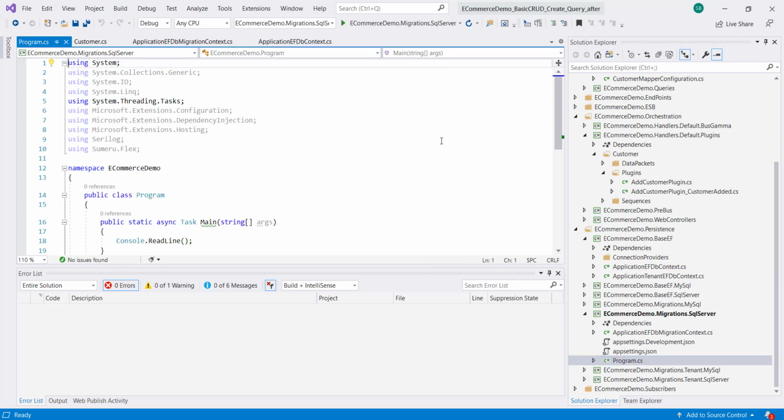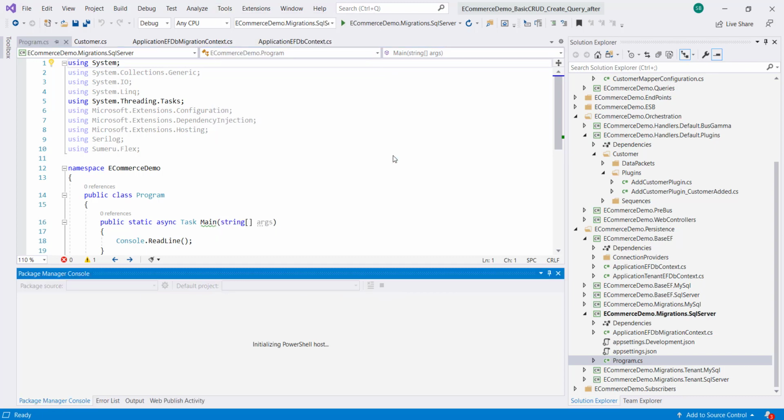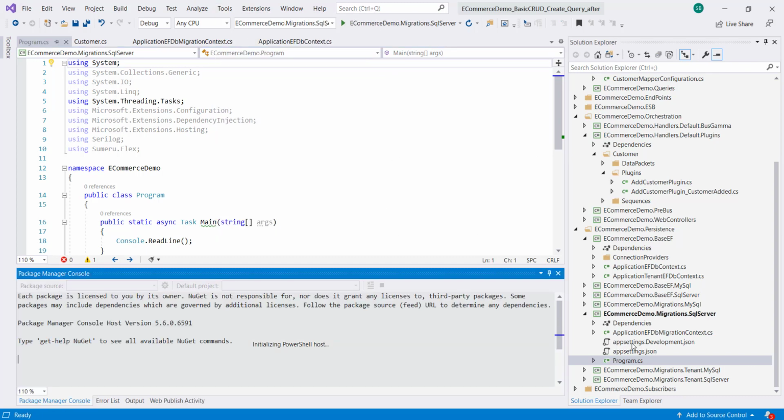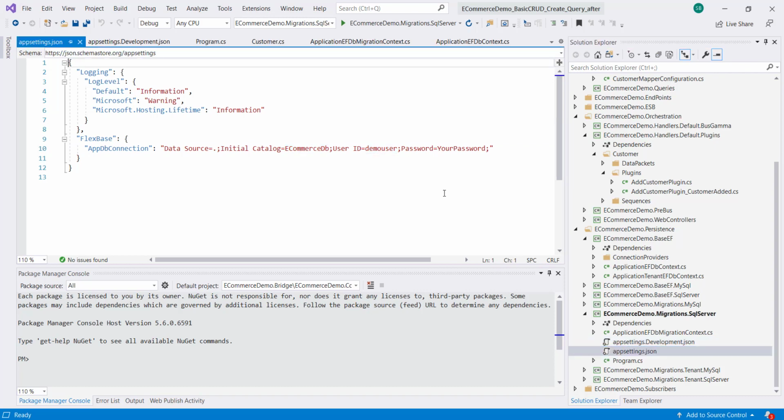So now we go here and we go to Tools, Package Manager Console. Before that, let us go to the settings so that we can run the database. I've set it to e-commerce DB. We have the demo user and the password. So configure that for your application.